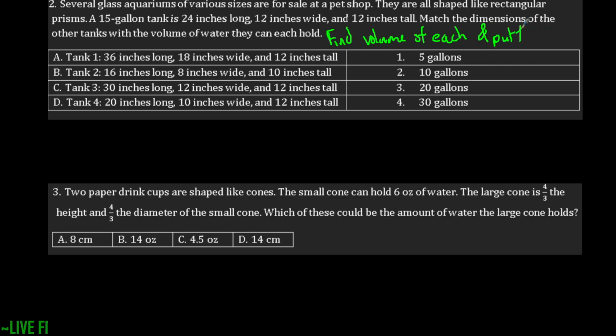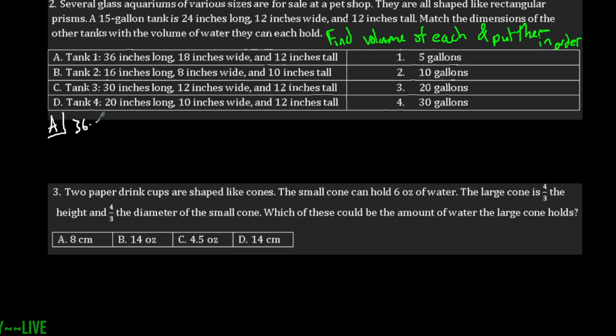put them in order. Because when we do that, then we can say, well, if I find the volumes that they have, it's going to be inches cubed, but we can put those in order from least to greatest because we have 5, 10, 12, and 30. So what I'm going to do is say, okay, for tank, let's do different colors here. Let's say for tank A, I do